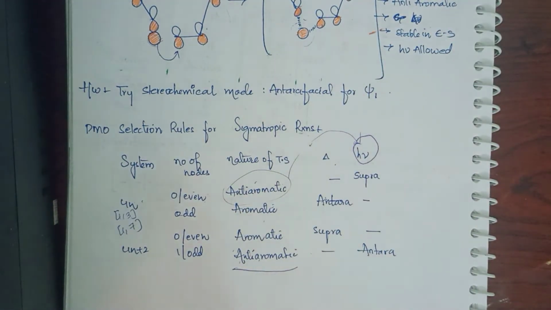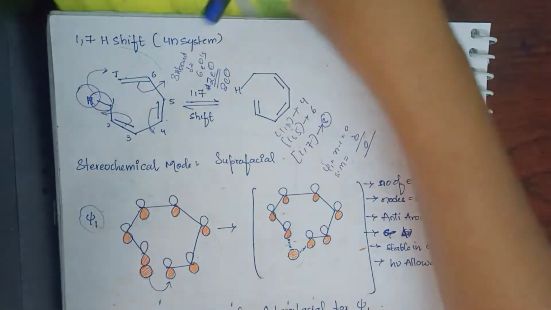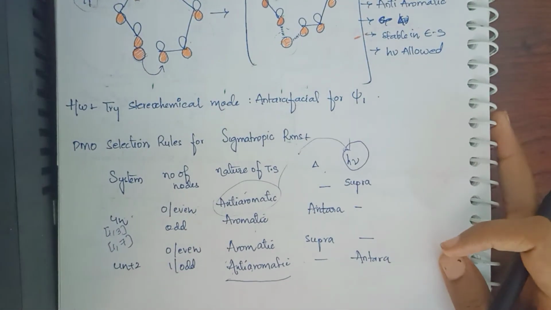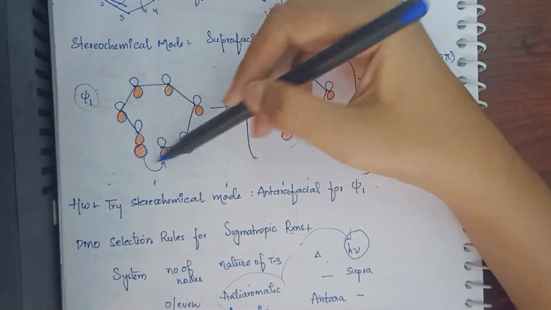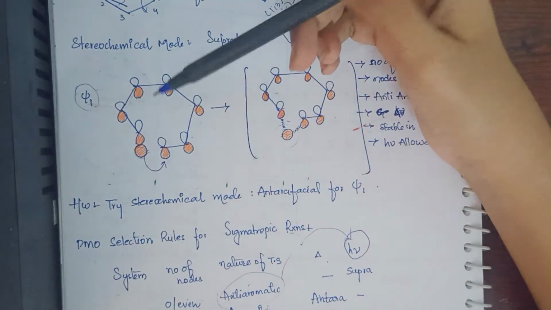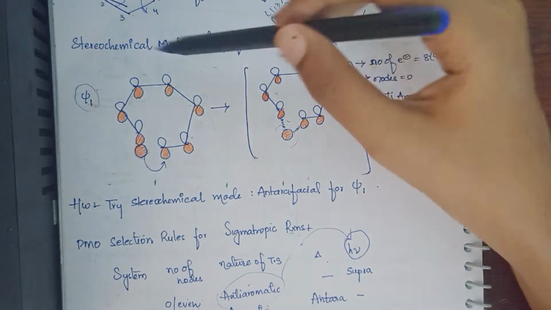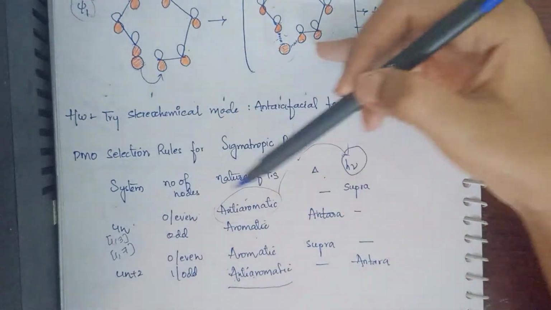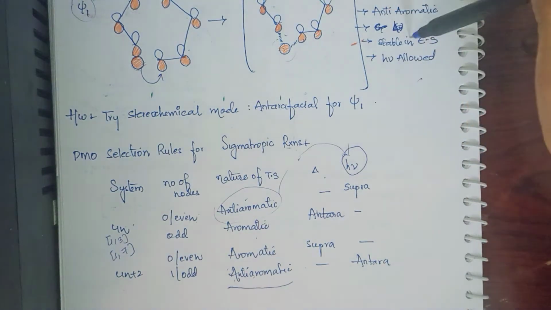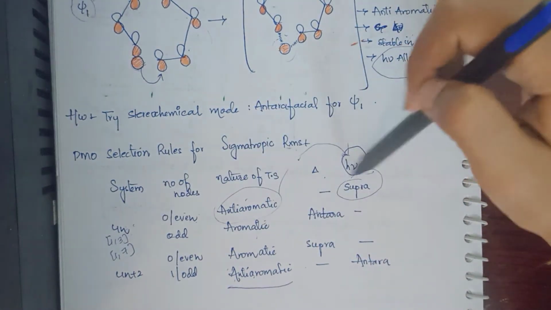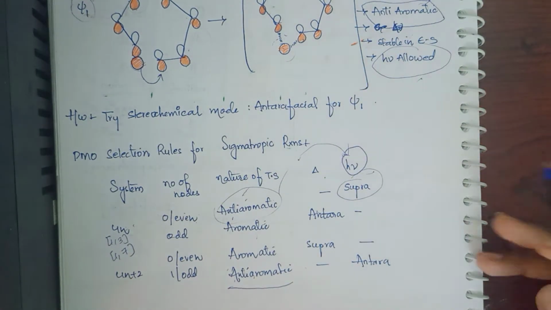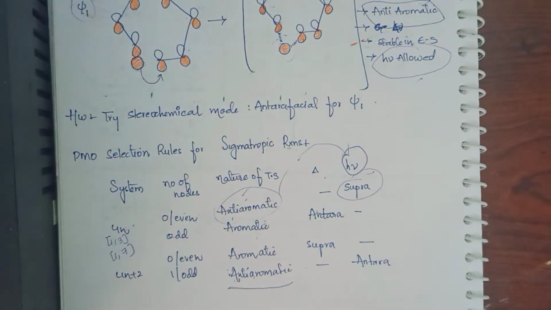So we have to check, based on the previous example, whether it is showing suprafacial or antarafacial. You can check an example here. Here I am having a system, and in this system the shift is happening from here to here. It is suprafacial, a 4n system, photochemically allowed. Check here: 4n system, so it is allowed under photochemical conditions. Suprafacial has an anti-aromatic transition state. You can write this table based on this.